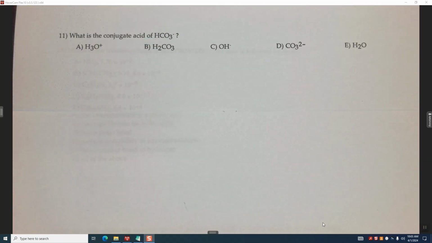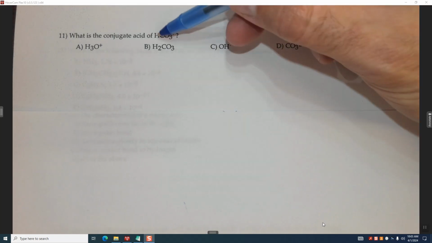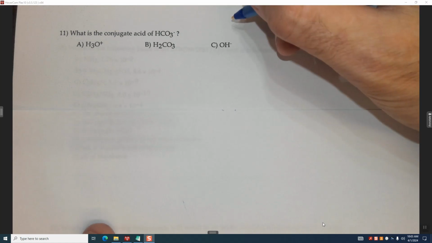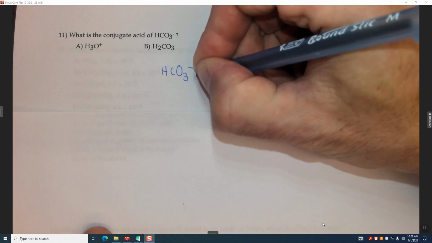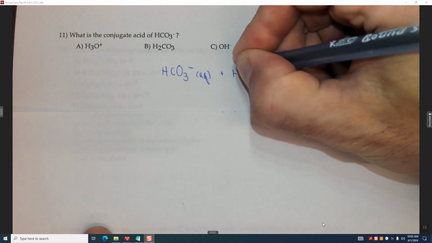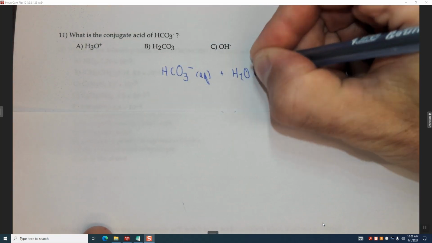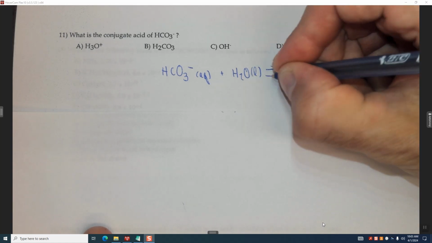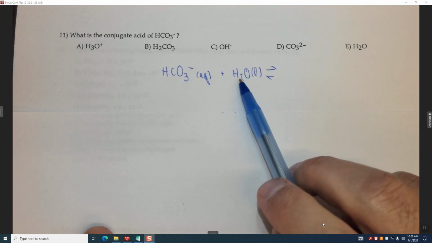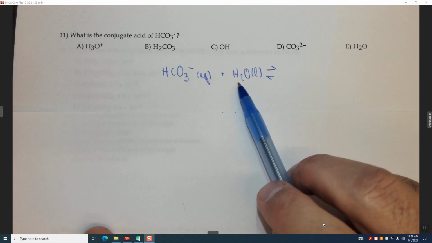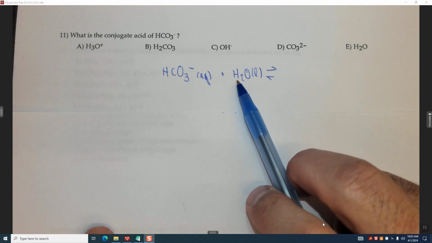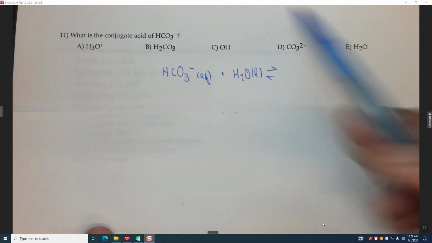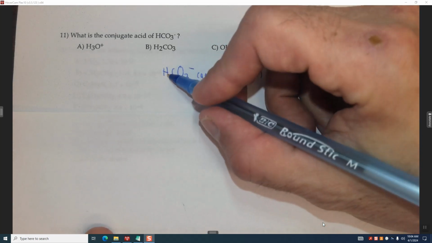All right, so we're looking for the conjugate acid of HCO3 minus. So we want HCO3 minus to act like a base. If we take HCO3 minus aqueous and react it with water, we want it to act like a base. When it acts like a base, it gains a proton. Note that that's an H and a plus. So if we want to find the conjugate acid of this, it has to behave like a base. So it's not H1, it's now